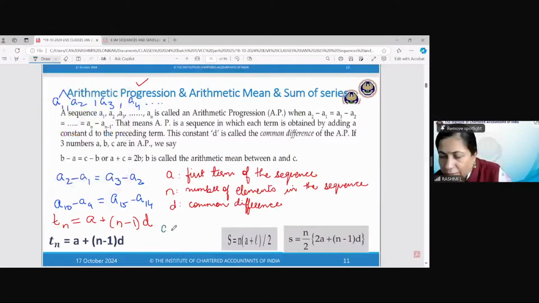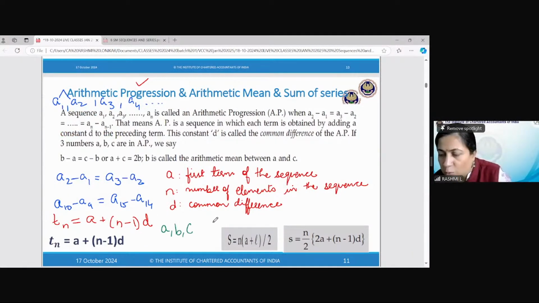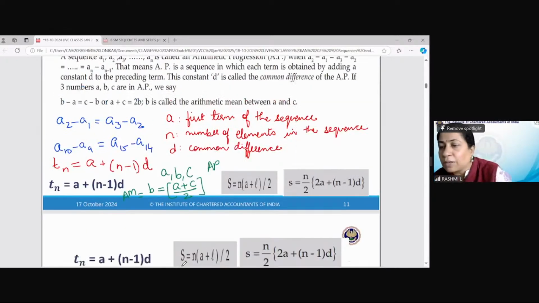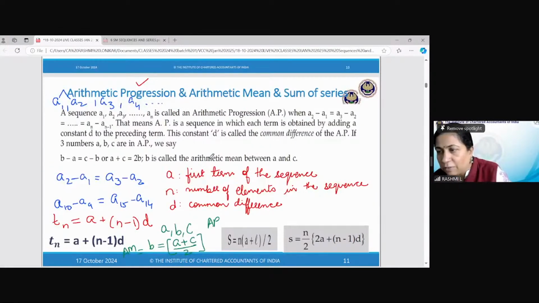If I have three numbers A, B, C who are in arithmetic progression, then B is equal to (A plus C) upon 2. This middle number is equal to (A plus C) upon 2, and this is called the arithmetic mean. Okay. So we have talked about arithmetic progression, we have talked about arithmetic mean, and now we are going to